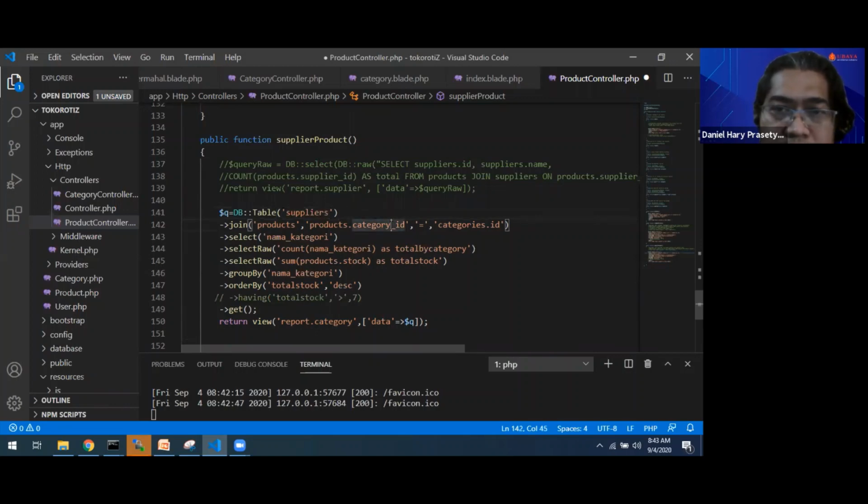Supplier ID, suppliers.id. Suppliers have a name. Count by total. Oh, in my query it is total, this one.